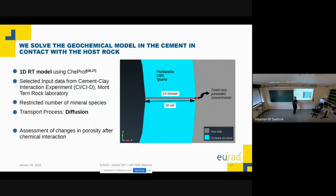And I think it's important to mention that at the beginning we were very optimistic in the hydrochemical model, and we tried, for example, to put in contact two different materials with a complex chemical system. Over time, we found some difficulties to make the system converge. So we were simplifying the problem until this problem, which I'm showing here. But it is important also to mention that our main goal is to observe the coupled hydro-chemo-mechanical behavior. So we found it suitable to simplify the chemical system, so we can be able to